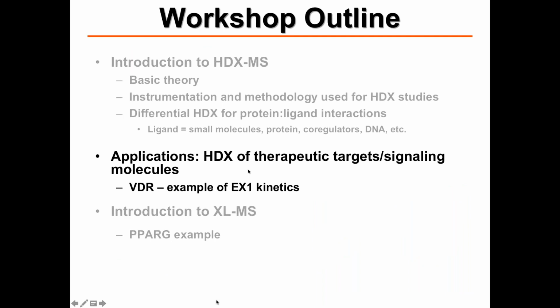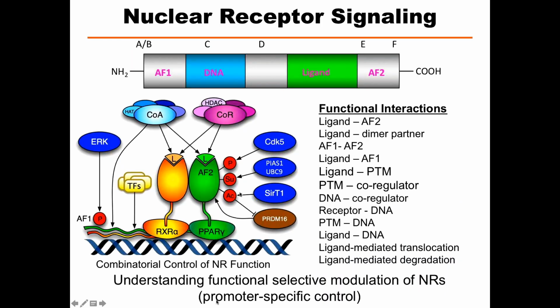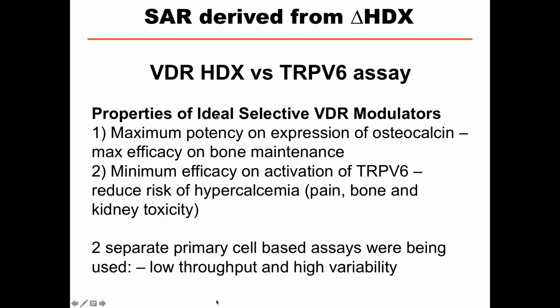So the VDR example, I'm just going to introduce it first, and then G is going to come up. Nuclear receptors are ligand-modulated transcription factors. They're under complex control between ligands, interaction with co-regulators, PTMs, DNA binding, etc. So my lab focuses a lot on this, so the guys never run out of things to do because of all the different functional interactions. But in the case of VDR, it's a critical receptor for bone mineralization,